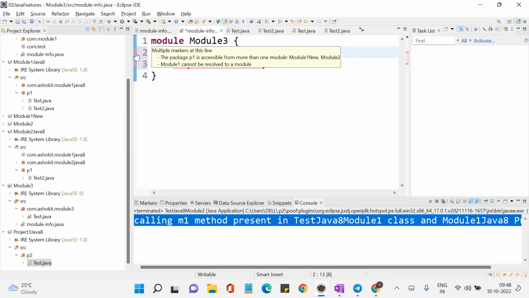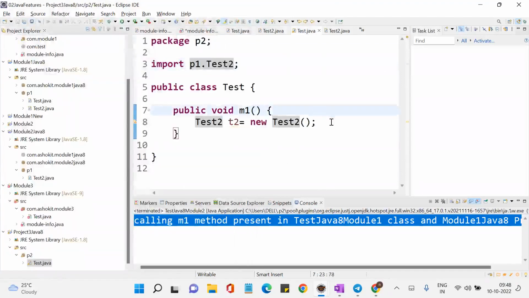Hope you guys understand. At compile time itself, it is showing it. In Java 9, during the compile time itself, when in Java 8 it gets evaluated, whenever you run the program, see here, when I say test T2 equal to, so here let me write,